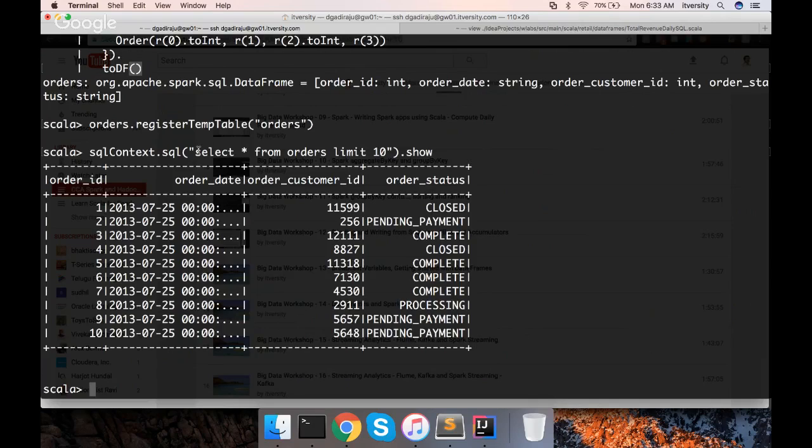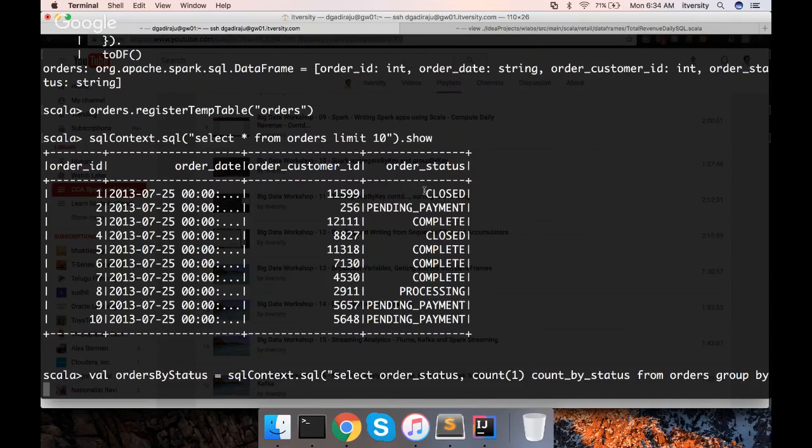Now let us try to create a new data frame by getting count by status. So here I am saying ordersByStatus equal to sqlContext.sql select order_status, count(1) count_by_status, which is an alias for the column, from orders group by order_status.